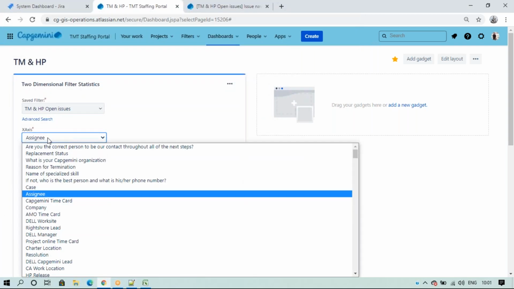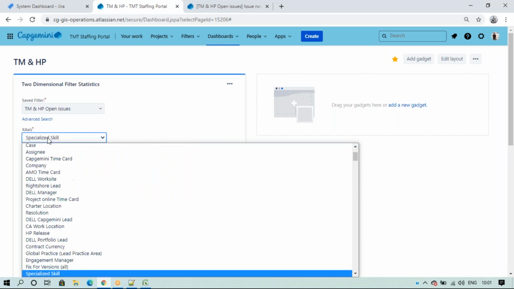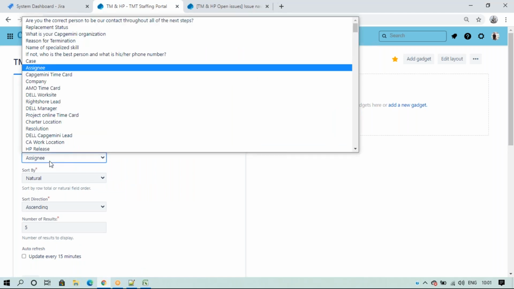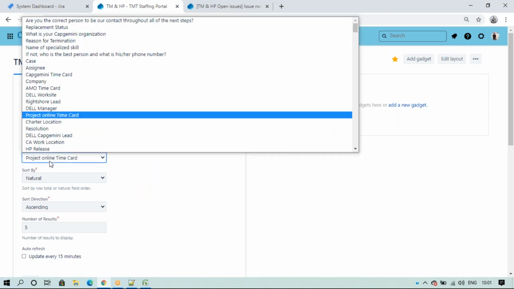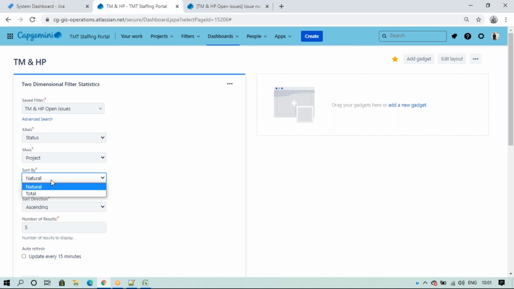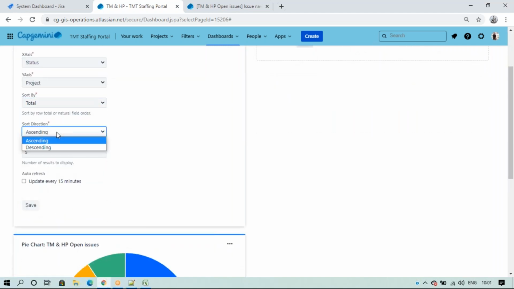For this assignee, maybe I'll select status, and I'll select the Y axis as project. Sort by natural or total, ascending or descending order, and number of results is 5. I can write 50, no problem. Update, save.